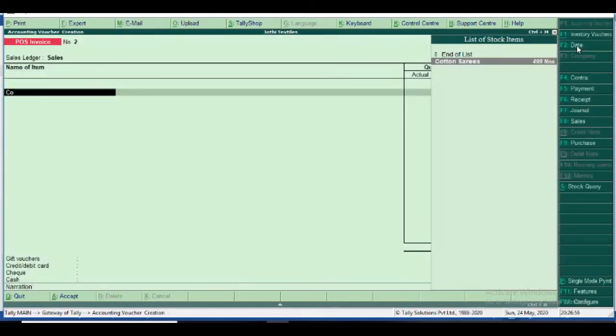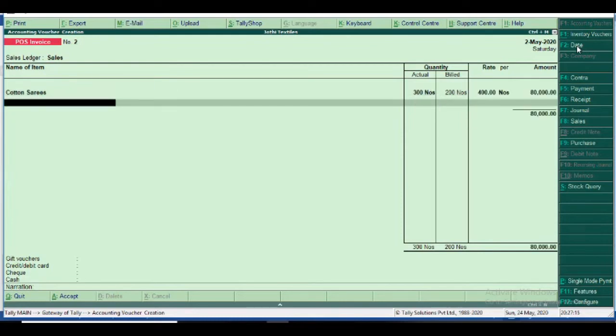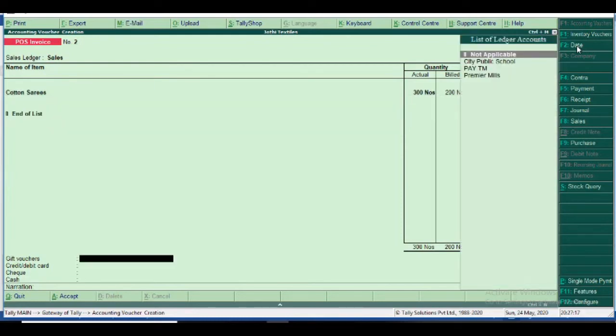The item is cotton sarees. The quantity is 300 actual, but 100 is free, so 200 numbers is billed. The rate is 400 rupees, so I type 400 and then give the check.